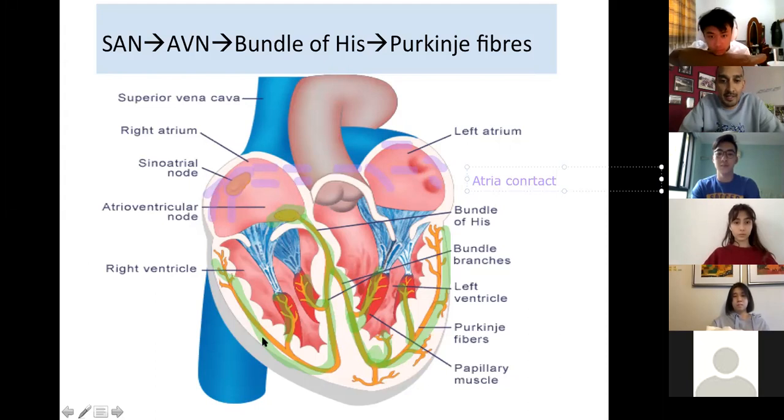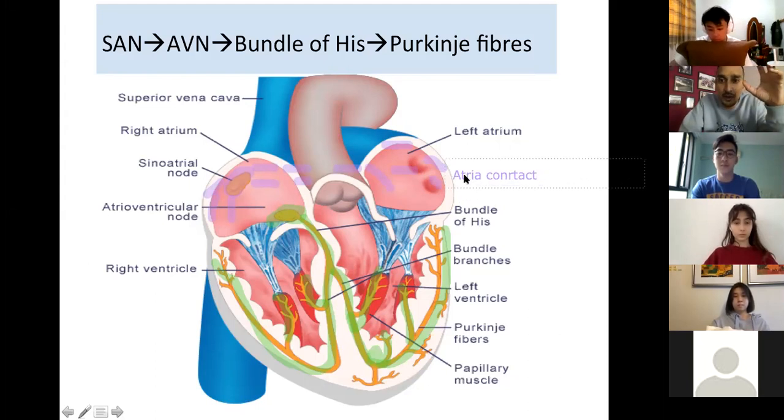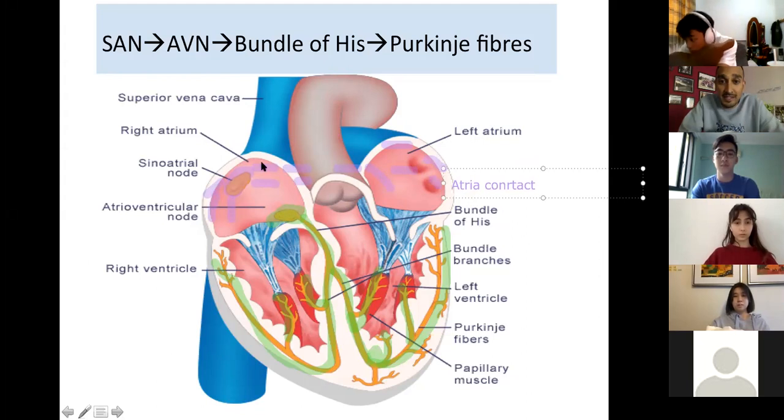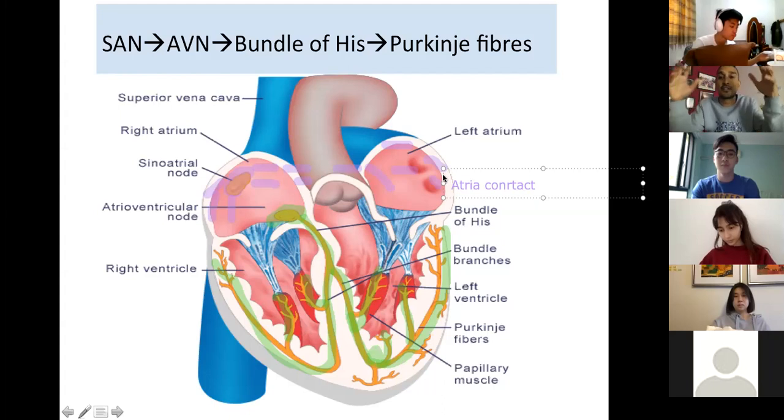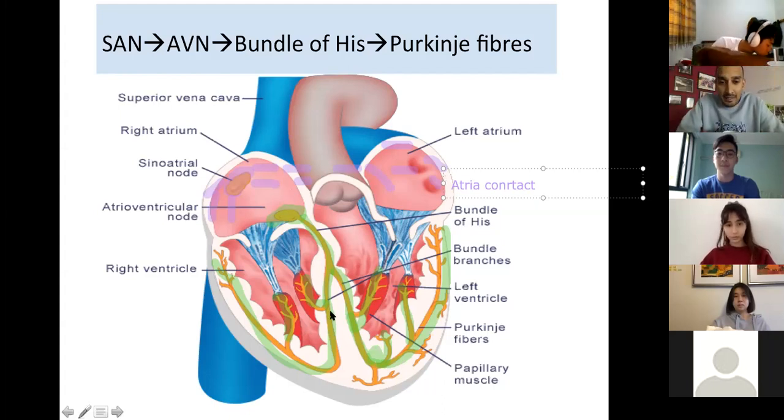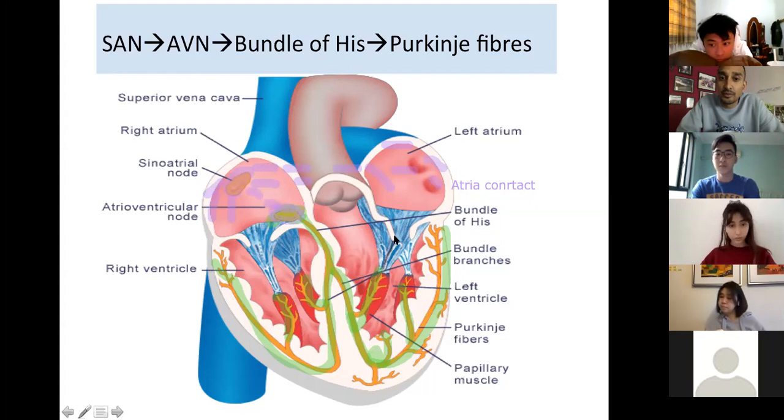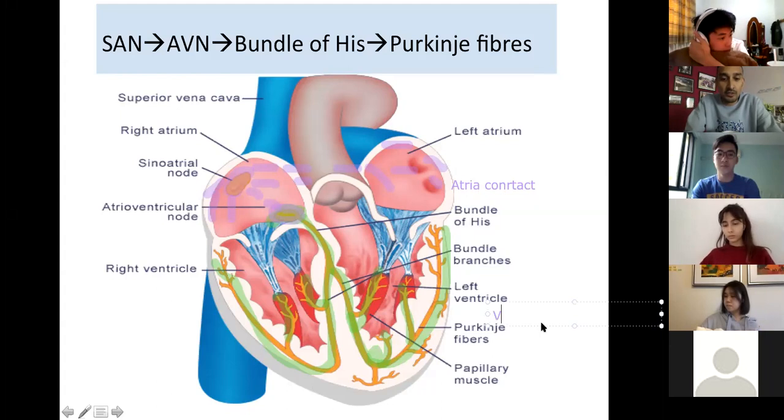Okay, so it's basically going to get in touch with all the other cells of the atria, the muscles of the atrial wall, and that's the signal for the atria to contract. Now, eventually, that signal also reaches the AV node. When the signal hits the AV node, it sends its signal through this set of cables, through these nerves, and then all the muscles of the ventricle